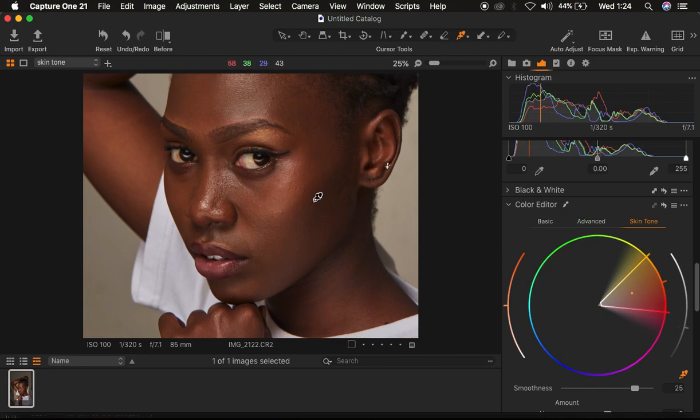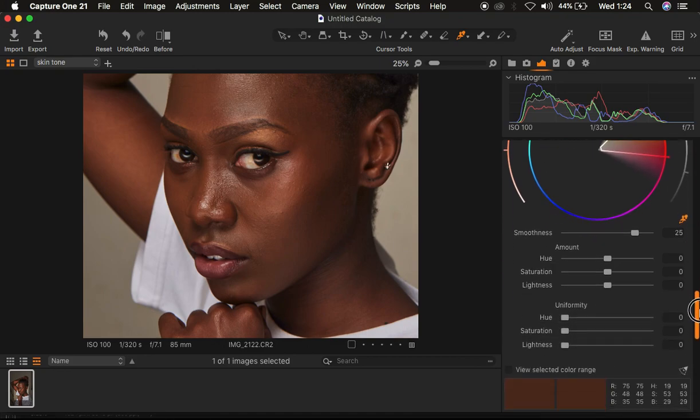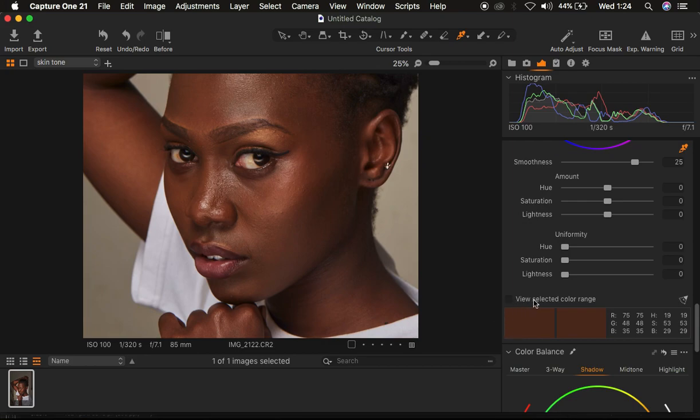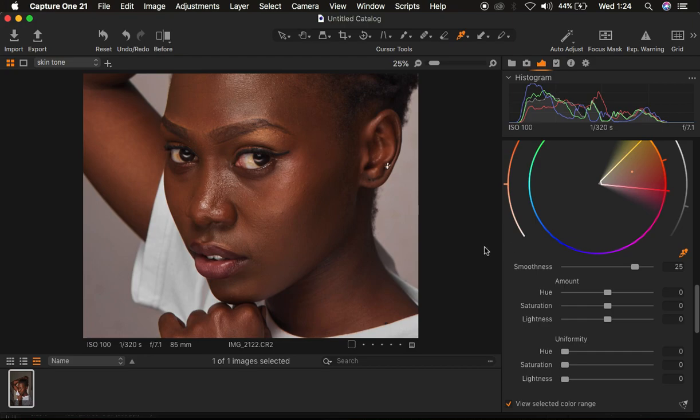So meaning I just want to make the rest of the skin look like this sampled area. So in Capture One, you can see this is the point in which the skin tone is falling, this middle dot right here. And in order to see a selected color range quite better, you can just come to View Selected Color Range and simply turn this on, and it's going to desaturate the rest of the colors that don't fall within this color range, and it's going to leave the color range option that is selected in the colored